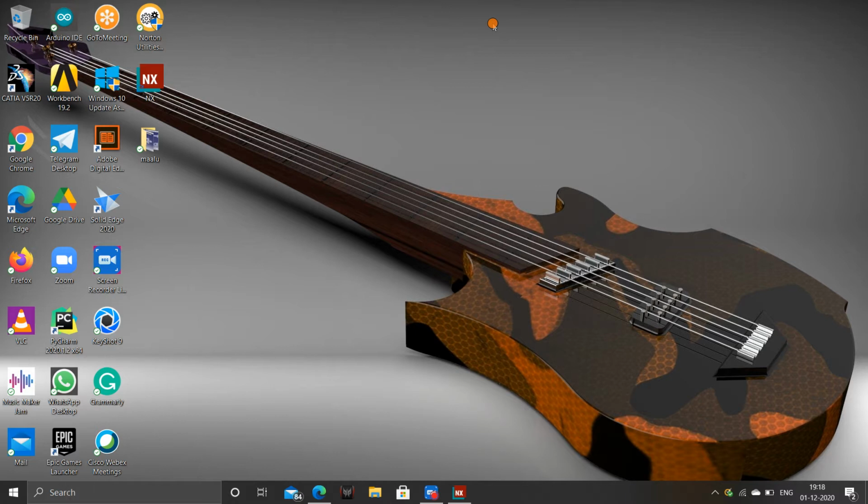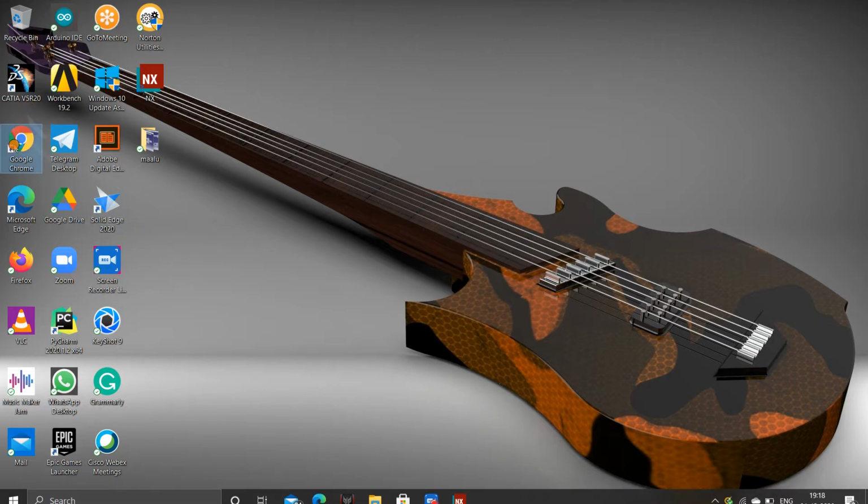In this tutorial I am going to show how to design a socket in Unigraphics NX. And apart from CATIA, I am doing this in NX because it is somewhat easier compared to CATIA for basic designs like small part models, assemblies. The interface will be somewhat user friendly, but coming to advanced drawings, CATIA is the best option. So let's begin with how to download NX.